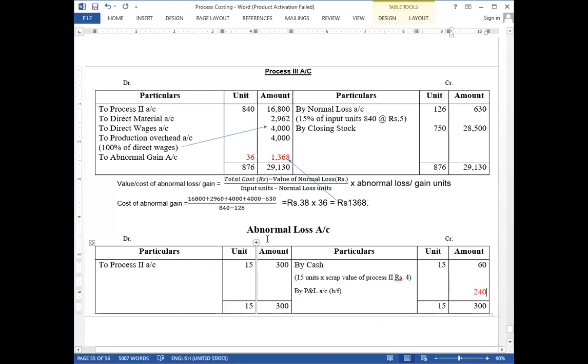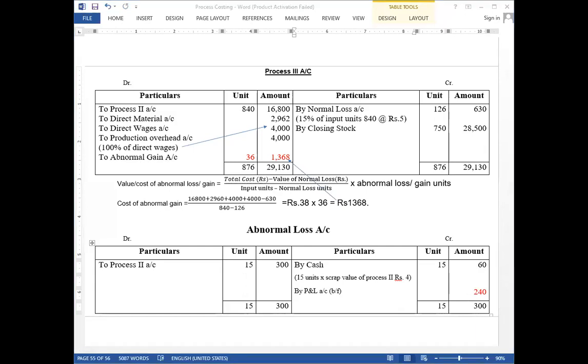Okay, so it's nothing complicated. This is the amount of cost involved for 15 units, but I cannot realize this. I can realize only the scrap value because it has become abnormal loss, because the quality may be gone or something happened to that particular unit. So that can be sold for scrap value only. And the process 2 unit scrap is rupees 4 only. So you can multiply by the number of units and sell it for 60 rupees. Actually, the cost involved is 300 and you can realize 60 rupees. That means the remaining 240 will be the net loss which you can transfer to P&L account. Okay. So the abnormal loss is done.